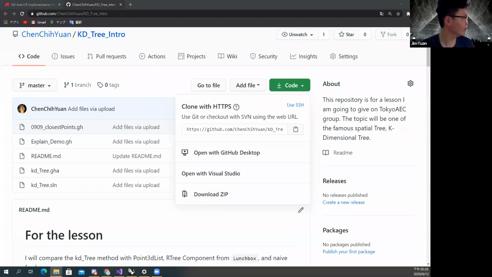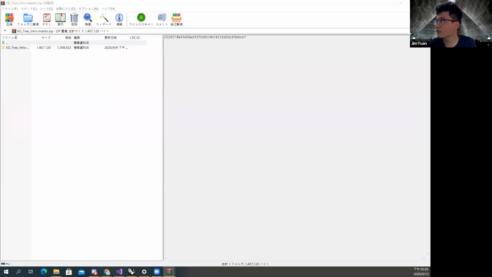Hi everyone, my name is Chen, and I'm going to give an introduction about a famous data structure, or so-called algorithm. Its name is KD tree, and maybe we can start from